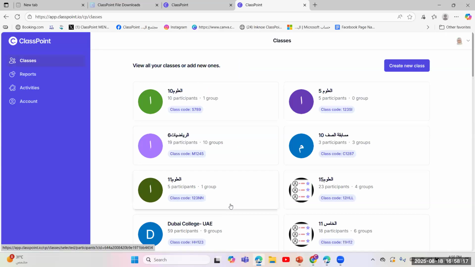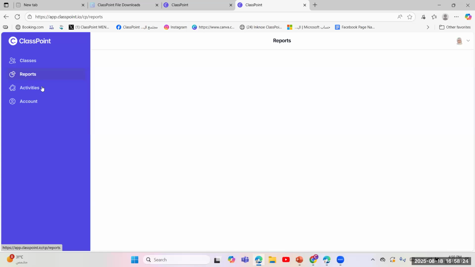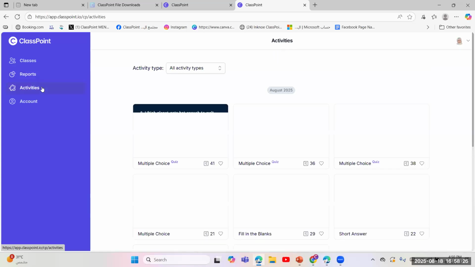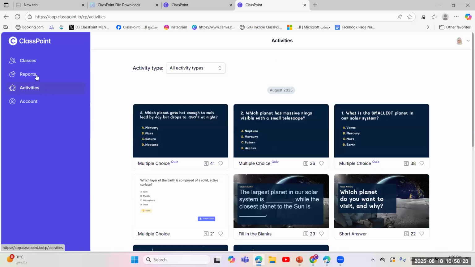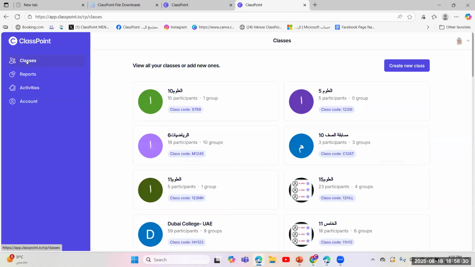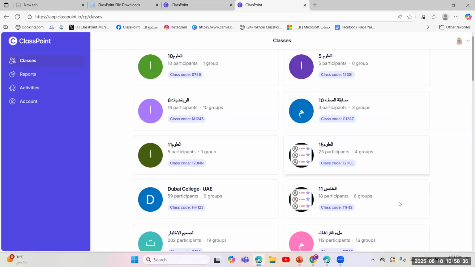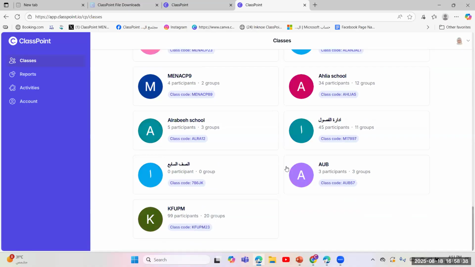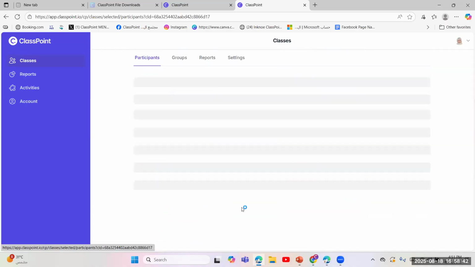and I am in. So from here, I can see every class on my account. Also, I can see all reports, and all activities that I did with my account. Going back to the class, from here you can manage your class. What does that mean? You can create a new class. You can add a student. You can delete a student. So for example, going back to our saved class today,